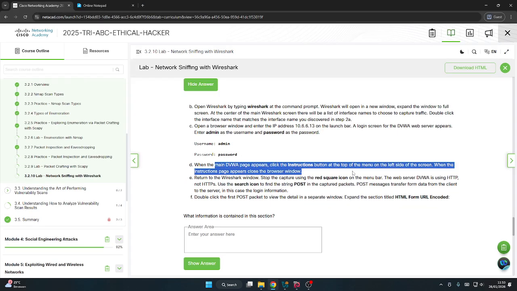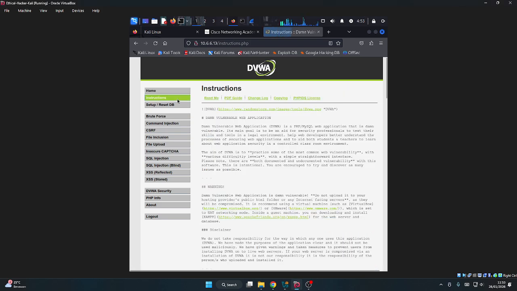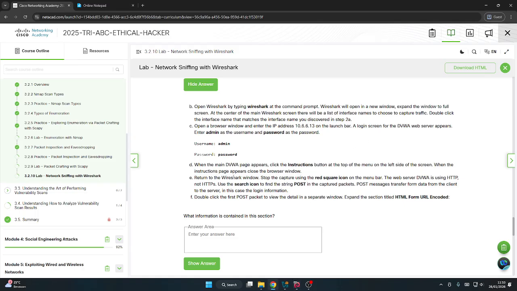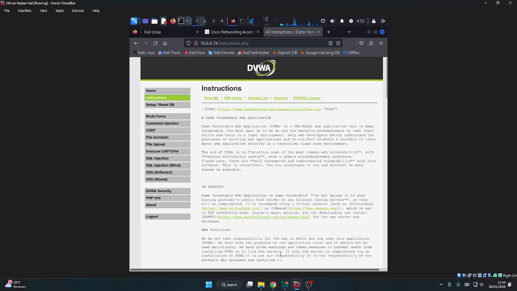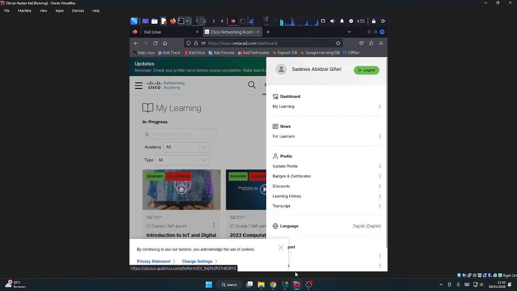When the main DVWA page appears, click Instructions on the menu on the left side of the screen. Return to the Wireshark window and stop the capture using the red square icon.